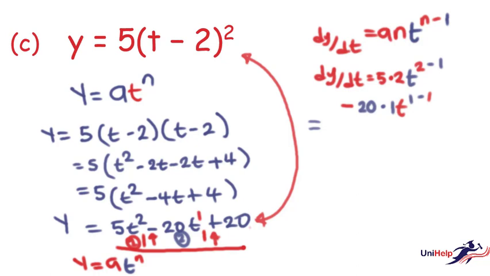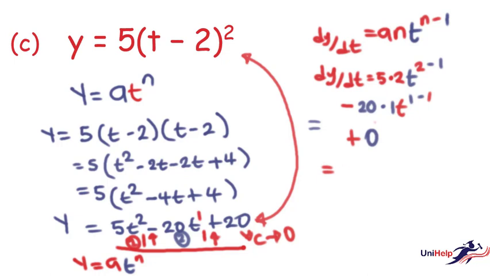Plus, we know that when 20, which is a constant, is differentiated, it gives 0. So that's plus 0,